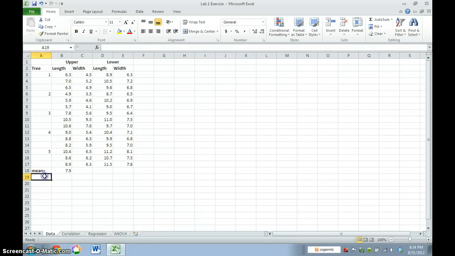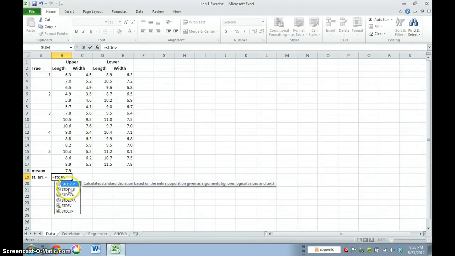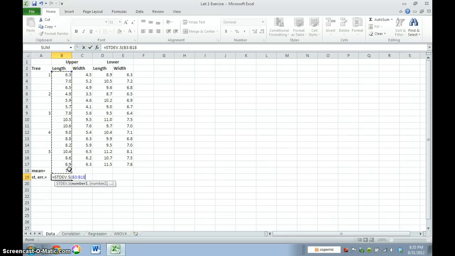All right. And now we also want to do standard error. Okay? So standard error, remember, was the standard deviation of the sample divided by the square root of n. And so equals, and Excel has a function for standard deviation of the sample. It's stdev, and you can see it's already suggested it here, .s. Okay, we have an open parenthesis, so we want the standard deviation of these samples, close parenthesis, and then we want to divide that by the square root, and in Excel that's sqrt, okay, square root